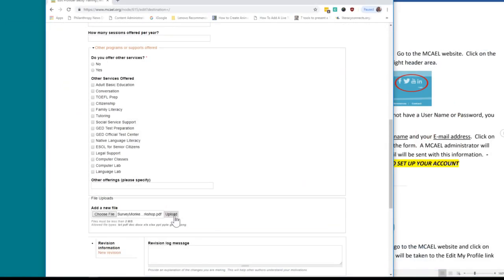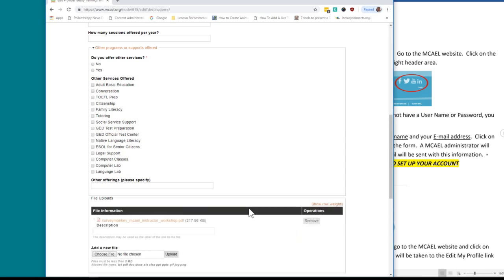And then if you click upload, it's going to upload that to your profile and it will be there live. And you can add numerous files if you have more than one PDF or flyer that needs to be posted. Okay, so that is the final step